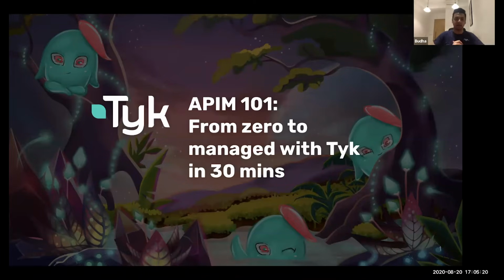It's 5:05 and you're on schedule now, given we have 30 minutes to get through the demonstration. So hello and welcome to this API Management 101 session, from zero to managed with Tyk in 30 minutes. In today's session, we are going to be going over some of the basic concepts of API management, 5 of those. And I'll be demonstrating to you how you can accomplish all of those things with Tyk